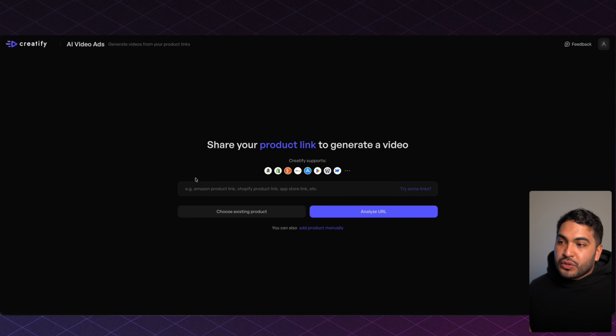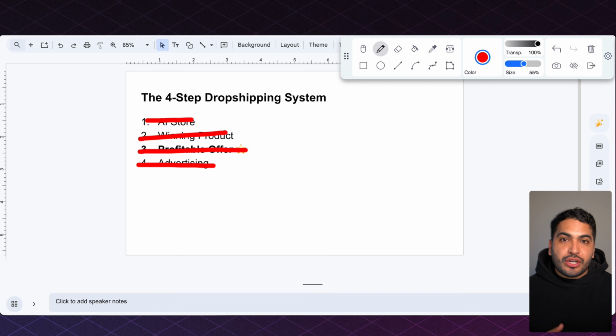have. And for your AI video ads or AI image ads, I'd highly recommend using a tool called Creatify. I'll leave it linked down below. And all you have to do in Creatify is paste a product link, and it's going to generate a bunch of different video ads for you. And that's it. That's how you're going to start Shopify